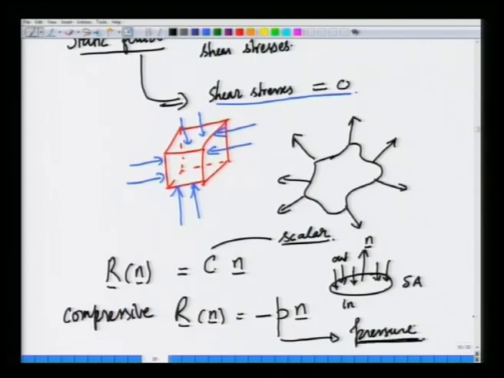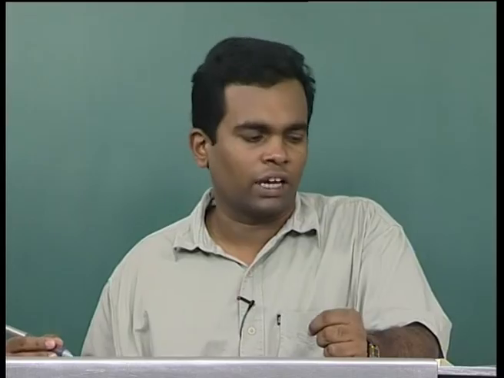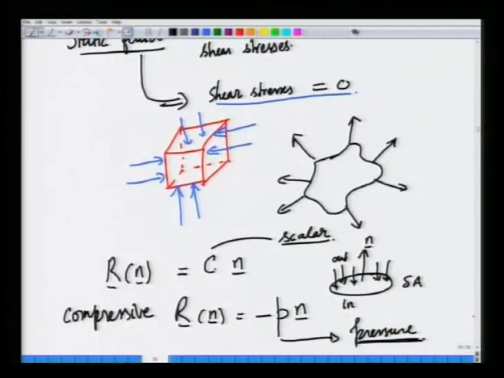So, pressure is the magnitude of the compressive force that is exerted by the fluid that is outside on the fluid that is inside. Okay. And since the force is proportional to n and n is pointing outside and P is compressive, this negative sign accounts for the compressive nature of this force or stress in a static fluid. So, this is called the pressure. Okay. So, the pressure